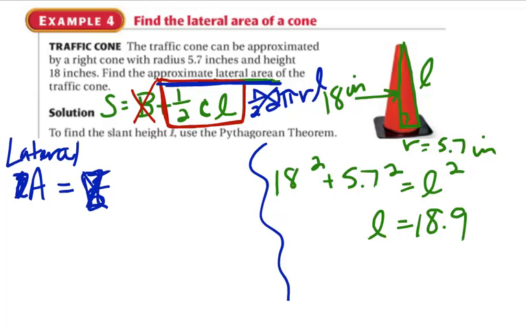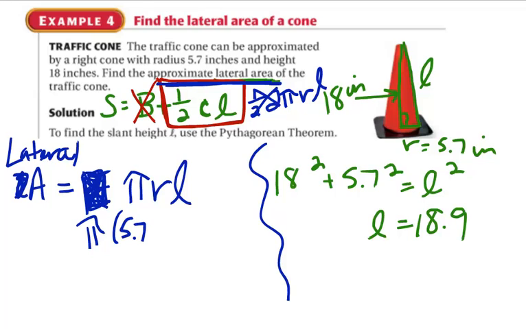So I don't need the 1/2. Pi r L. So the 1/2 and the 2 cancel, and I just want pi r L. So pi times the radius, 5.7, times the slant height of 18.9, and then my lateral area is going to be,